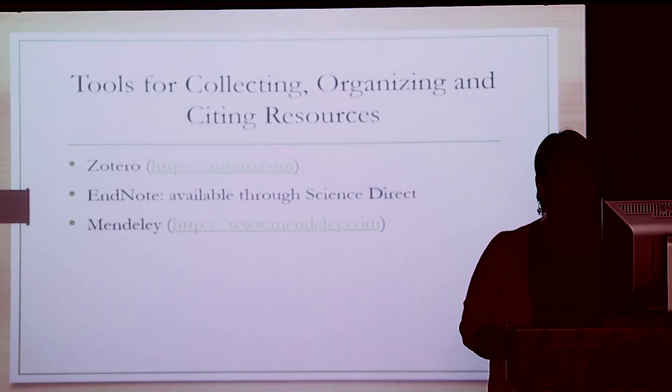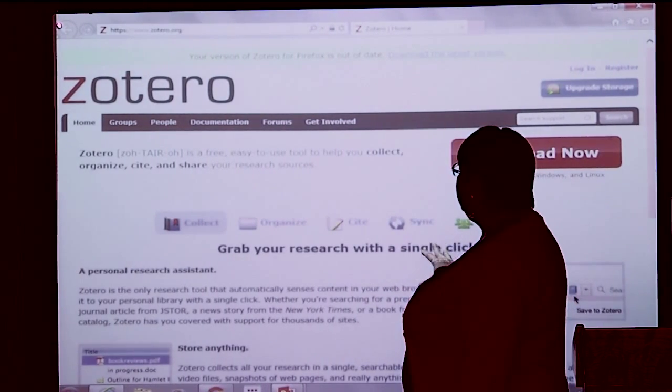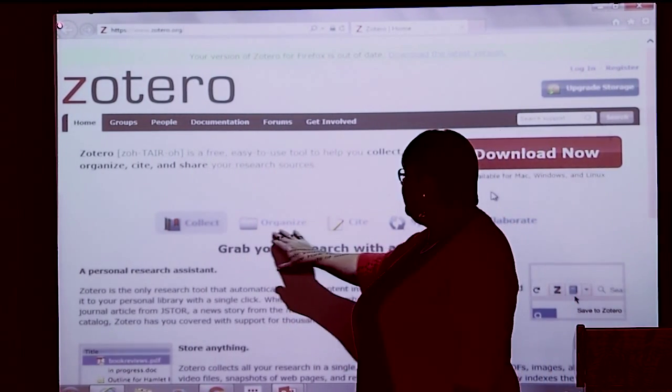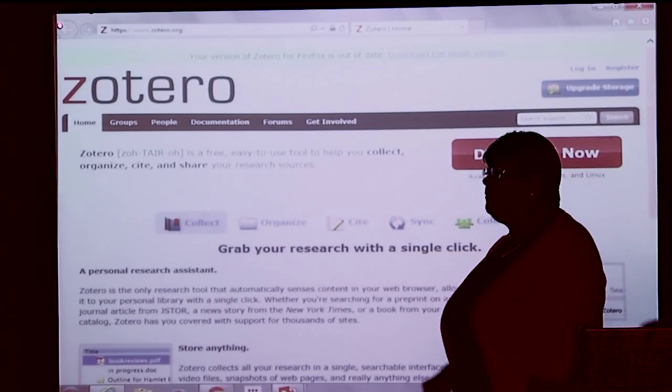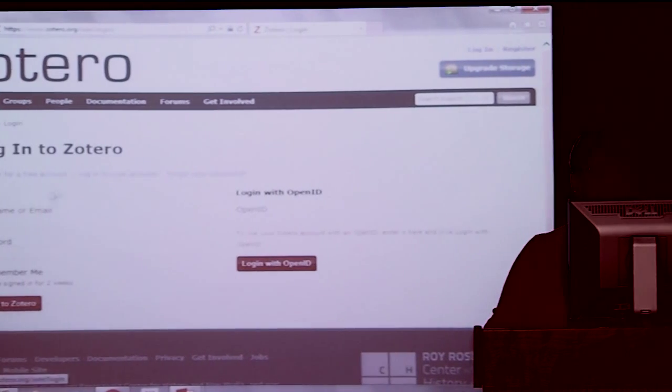But with Zotero, it's a free account. I can go in, organize all my resources, and create a bibliography with them. I'll go ahead and log in real quickly.